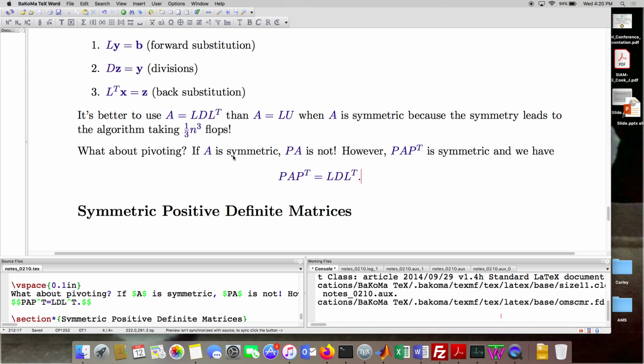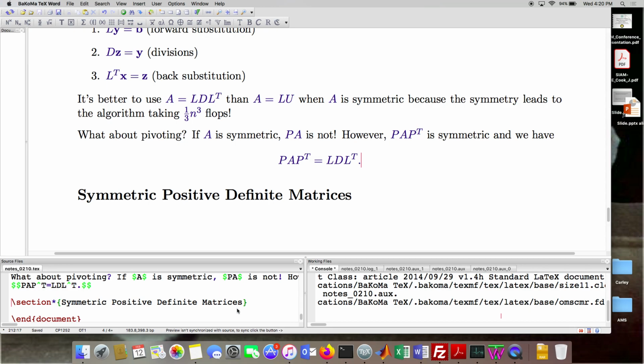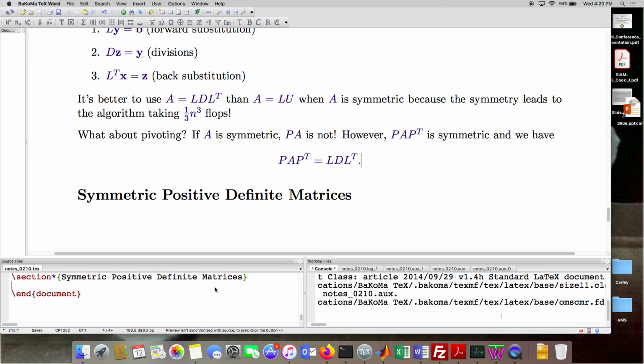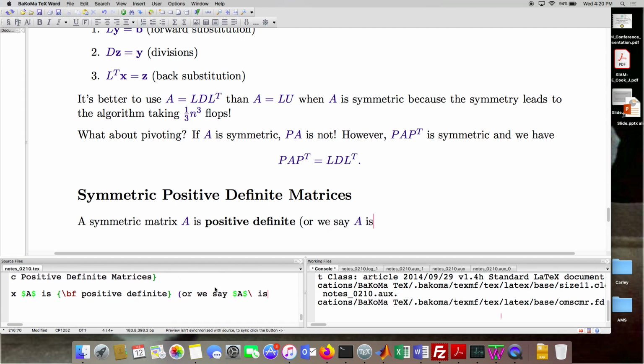But now, for the remainder of the time, I'm going to focus on a subset of symmetric matrices called symmetric positive definite. So symmetric matrix A is positive definite, or we say that A is